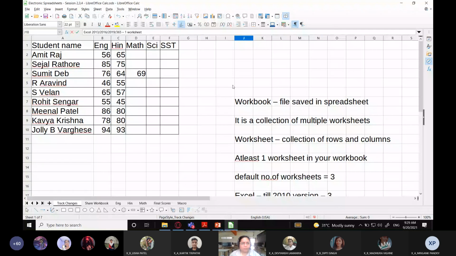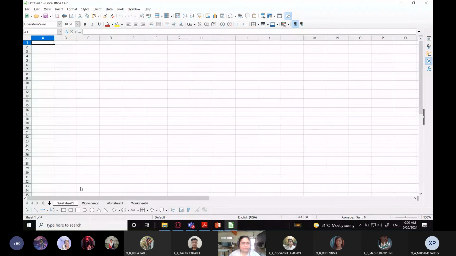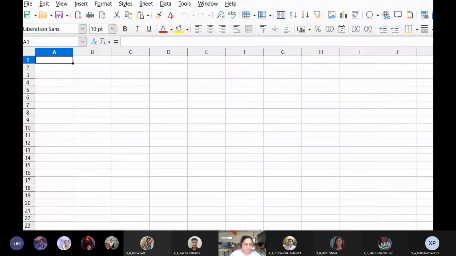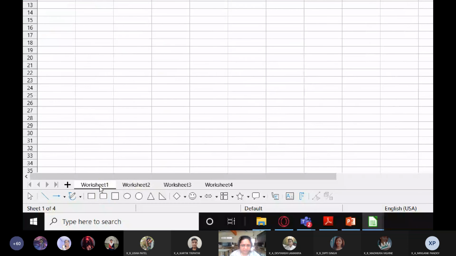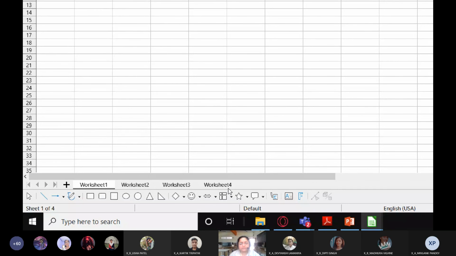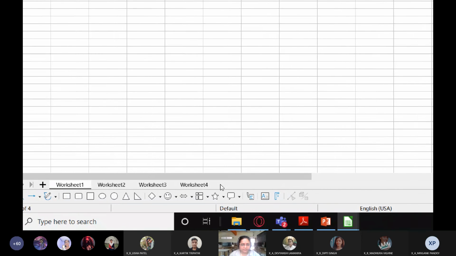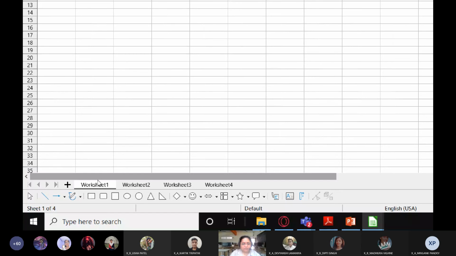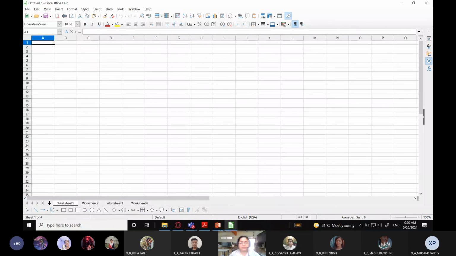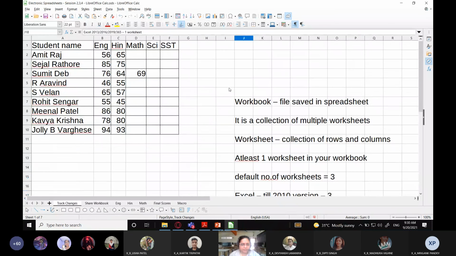Now we are going to open a new worksheet. So we go to File, or you can click on this standard toolbar icon for New. And now you can see over here the changes. There are a total of 4 worksheets, and each of them is taking the name which I had provided: Worksheet 1, worksheet 2, worksheet 3, worksheet 4. Understood this? So this is how you can change the default number of worksheets in your document. Let's see